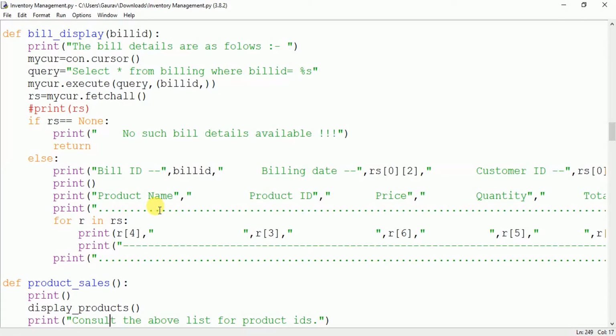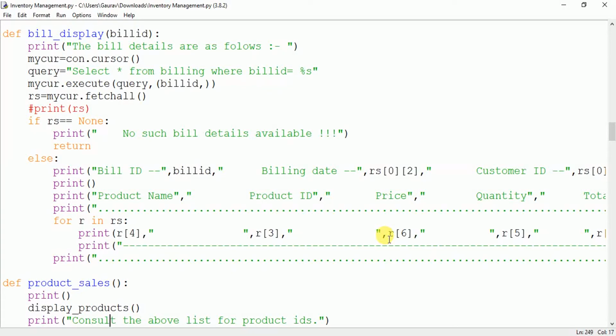The bill will contain product name, product ID, price, quantity and total. Okay, so this is the function for generating a bill. The functions may change depending upon your project that you have adopted, but for this type of system where you are working on an inventory, these functions will be there in your project.